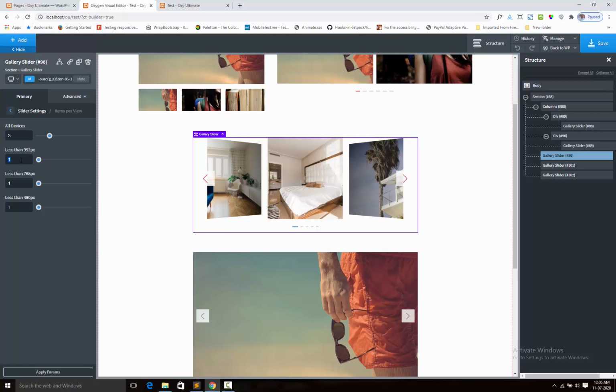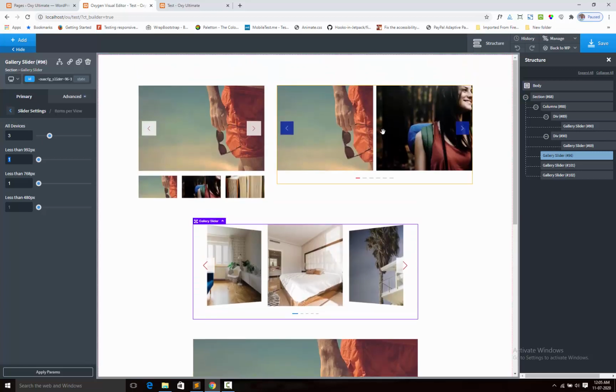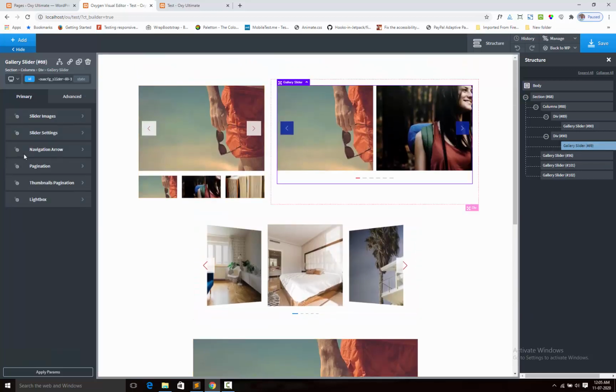Next you can adjust the column count for 992px. Here is this 780px and another is 480px. So you can adjust the column option based on the devices. Like if I select this gallery mode and go to images, you can see that for all devices I select 2, for less than 992 I selected 2, and for 480 I select the 1. I am changing it to 3.